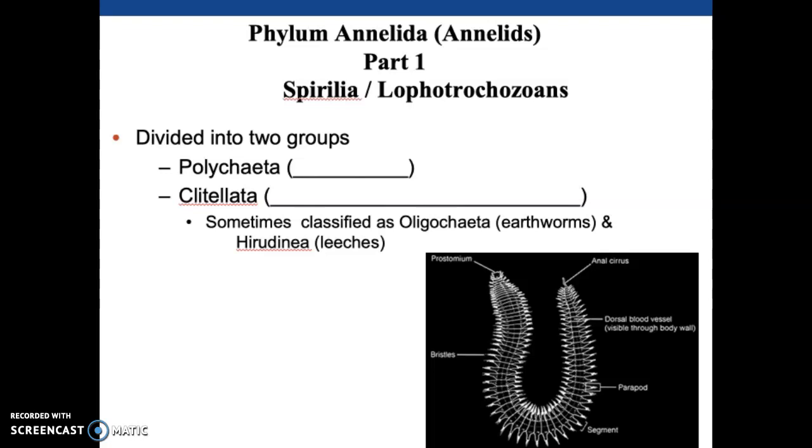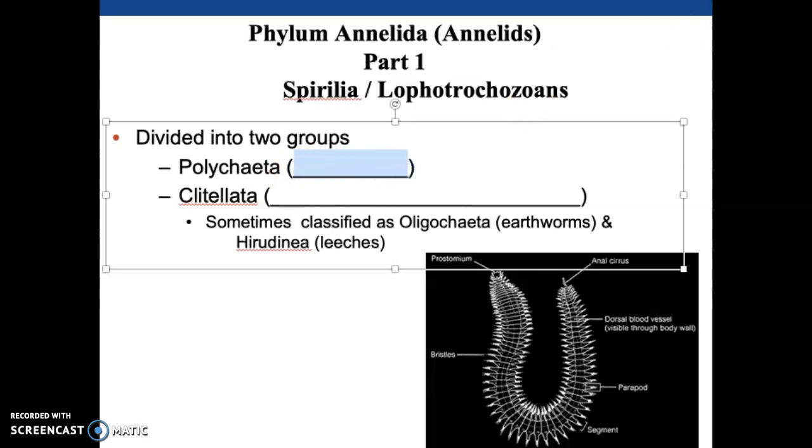Now, within Annelida, we break it up typically into two groups. Traditional classification had it as three groups, but we're going to approach it as the two. The first group are the Polychaetes or Polychaeta. And then the second group is the Clitellata, or the earthworms